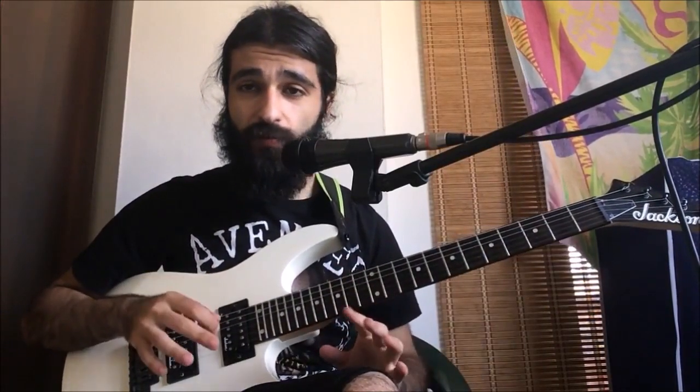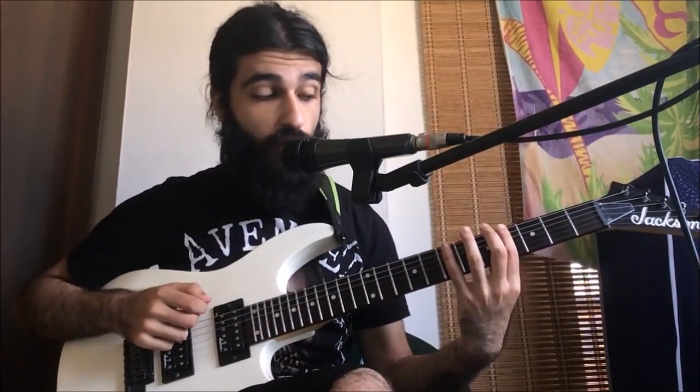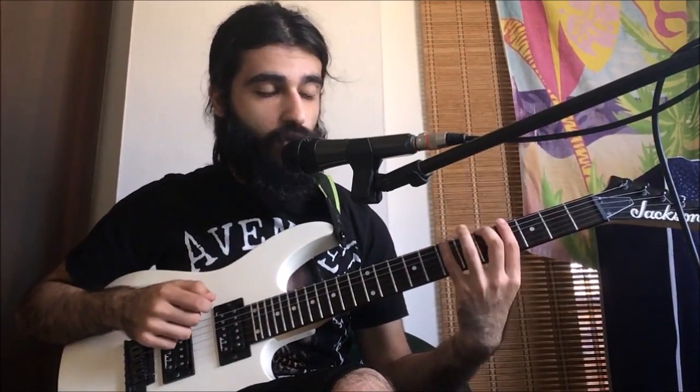On the 6th string, keep in mind there's going to be a lot of legato here, so you're not going to be picking a lot. You just pick once, and for the rest of this, whatever action is happening on the string, you'll be dealing with hammer-ons and pull-offs. So now we're going to be hitting 4 on the 6th string. We're going to be going 5, 7,